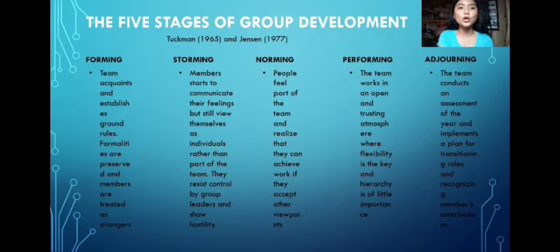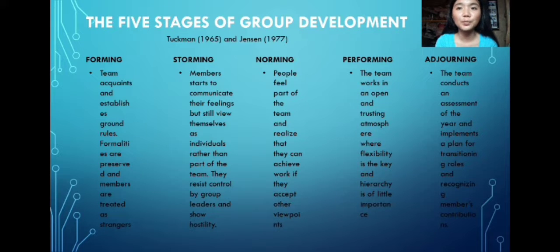Next is norming. When the group overcomes a conflict, the members become more actively engaged and more involved in sharing information, maintaining community, and solving new issues. The important thing at this stage is group awareness, that the group is effective.